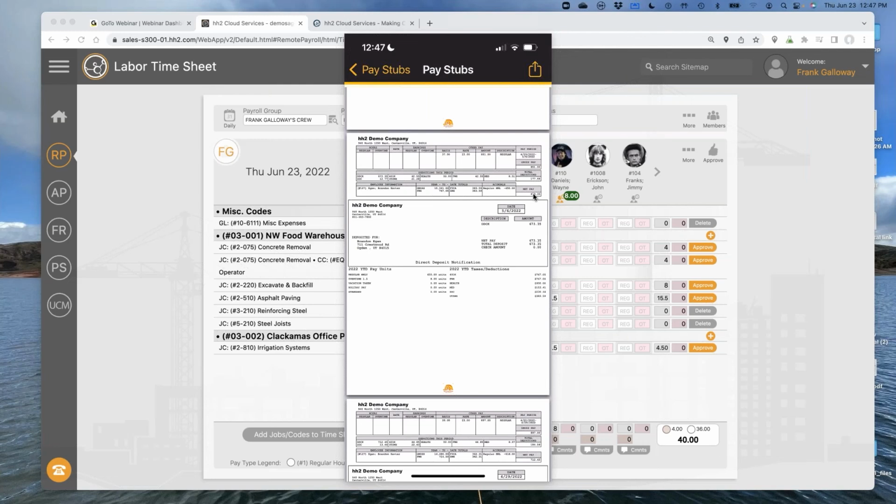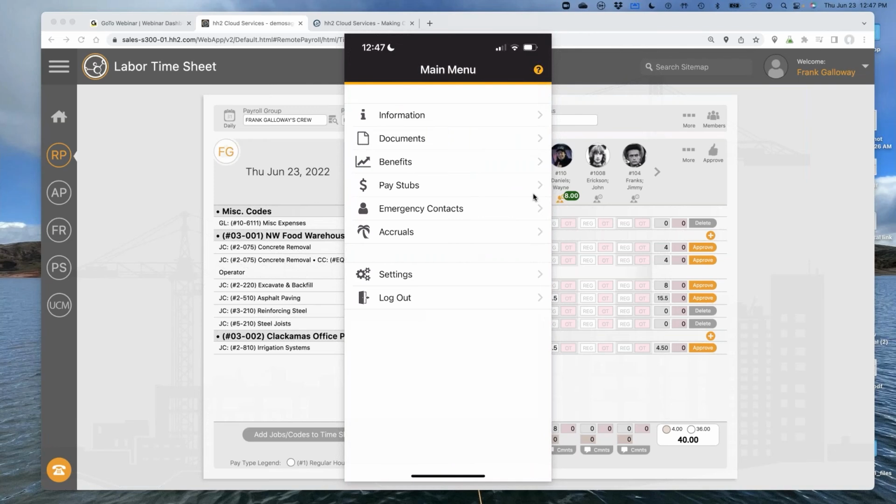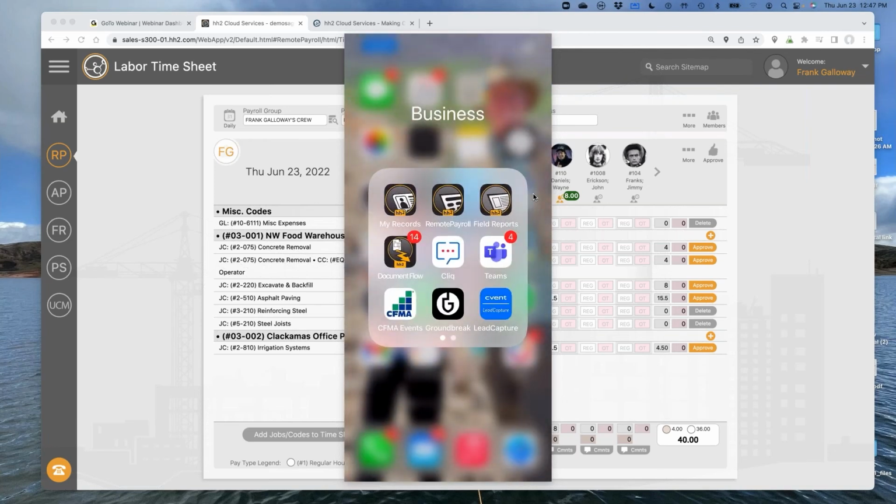Okay, so today, if you're emailing out pay stubs, stop the madness, allow HH2 to sync that over automatically and allow the employees either on their mobile device or on the web to just go in and see their pay stub anytime they want without going through a lot of hassle. Okay, it is part of our remote payroll product today, so just be aware of that. All right, so that's a little bit of information and what it looks like on a mobile phone.